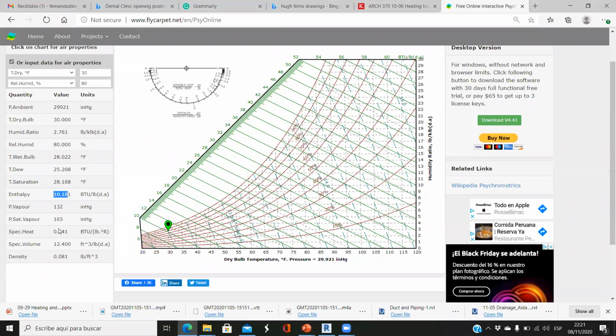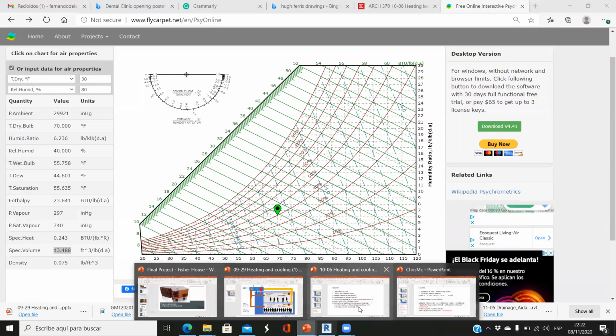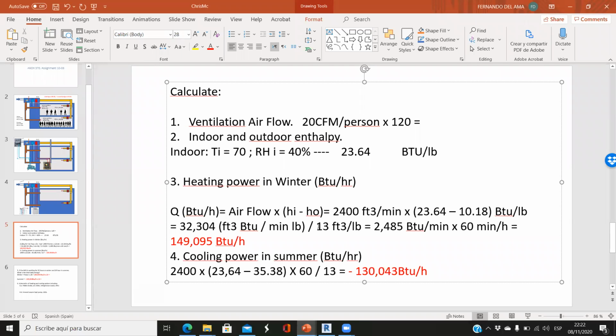Here it's 12.4 for winter, for outdoor conditions, and it's 13.4 for indoor conditions. So we can make it 13. So remember, the airflow times indoor enthalpy minus outdoor enthalpy divided by 13